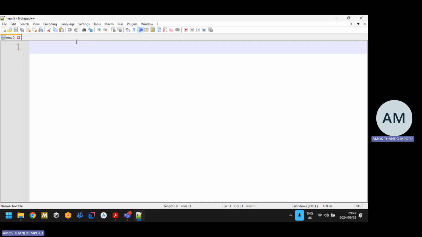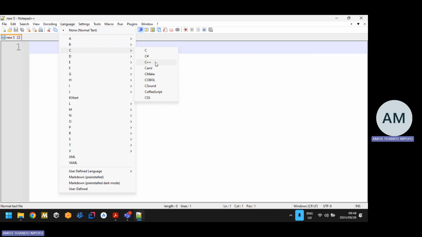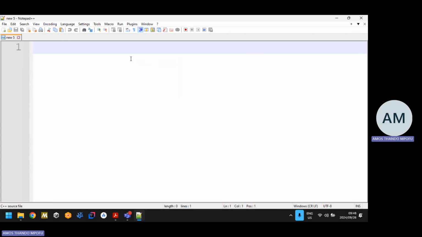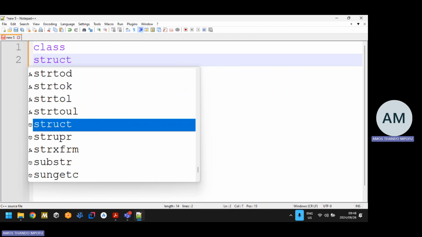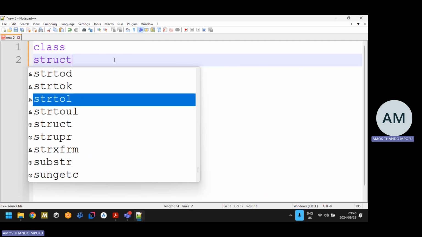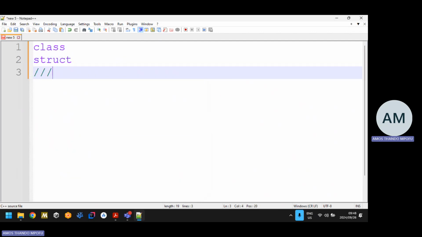So how do we know which data structure to use? I'm just going to change this to C++. I'll just talk about only two data structures. We have a class and we have a struct. By data structure, what do they mean? Data